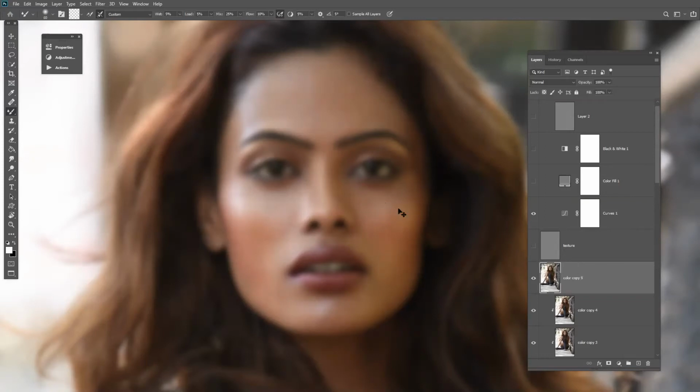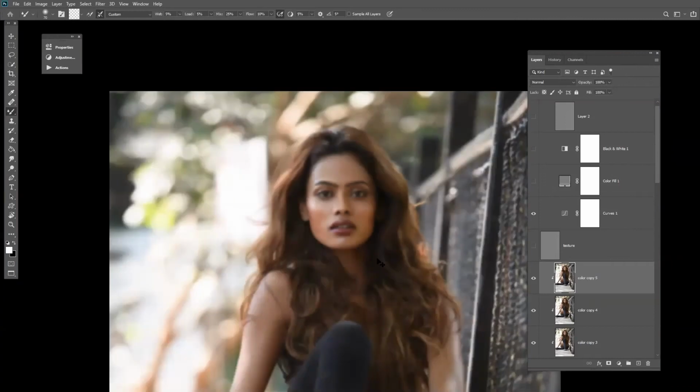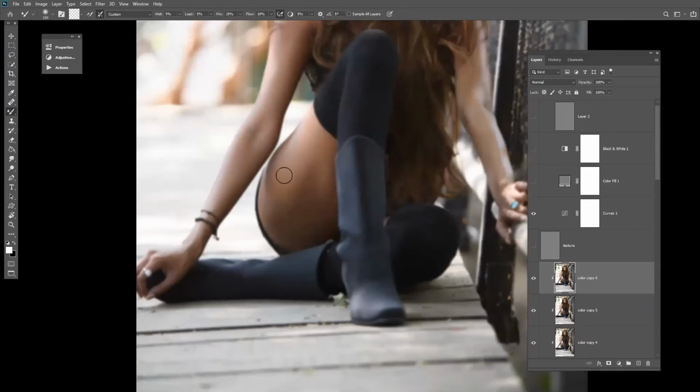Done. Done. Now here there is a big color shift.